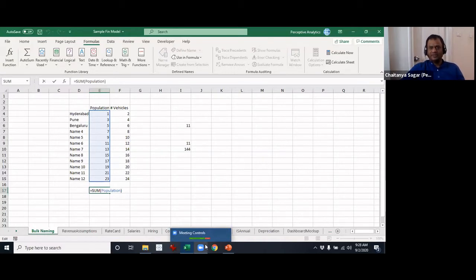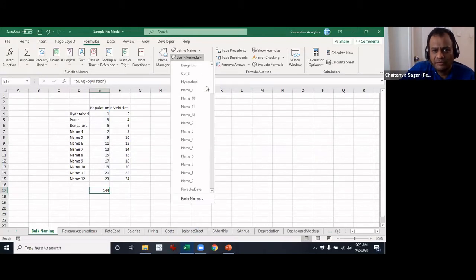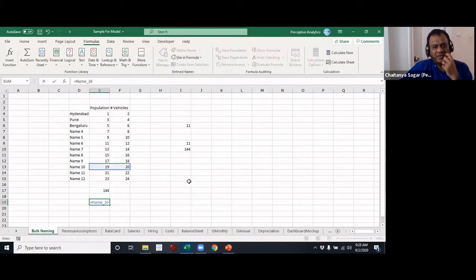You got it? Otherwise, what you would have to do is go into each of the cells and maybe do a replace or something like that. But this is a very easy way for us to do this. There are some other options like Use in Formula, but these are very easy. There's nothing much here. It's like equal to, it will just place that in the respective cell. For example, you put name 10, it says equals name 10. That's pretty much it so far as Use in Formula is concerned. But usually you would just type it in and it would bring it out and you can select it. That's an easy way to do it.